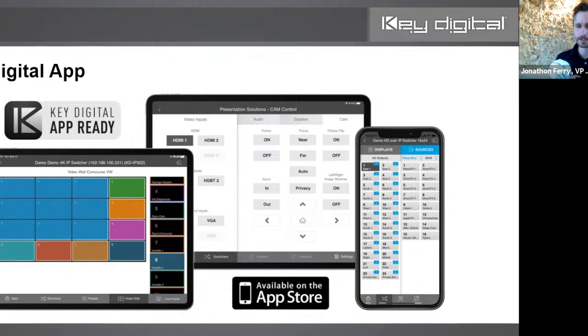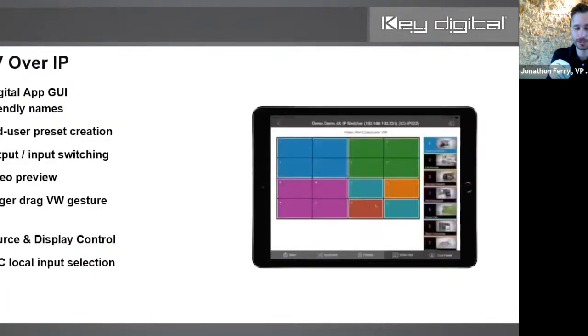So it started off where, with Compass control, if you needed to control peripherals like the displays, the sources, audio system, lighting system, etc. And the Key Digital app is really just focused on the Key Digital. And now we're able to do more and more things with it. As you see, video wall management, where we drag our finger. You guys have all seen that many times before. Or even where now we have these integrated systems controlling connected displays over CEC, for example, with our presentation switchers, controlling our camera and our amplifier, RS-232 devices, mind you, from our presentation switchers in systems,